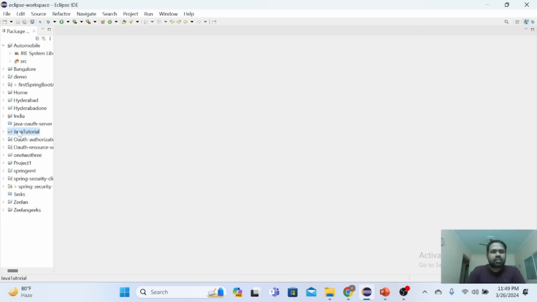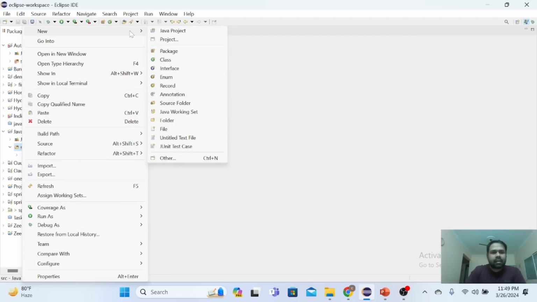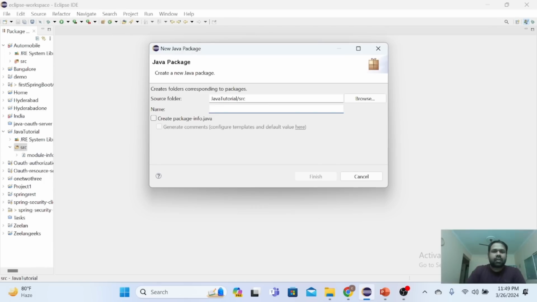Now what I have to do is I need to create a package. I repeat, I need to create a package. So for that what you need to do is you just go here and click on this, and thereafter you are able to see SRC. You just right click on that and click. Now the next one is, as I'm telling, package. So that's what I need to create. In the project called Java tutorial, in that I'm going to create the package. The package name, let me create as the first package, India. Okay, India is the package name,